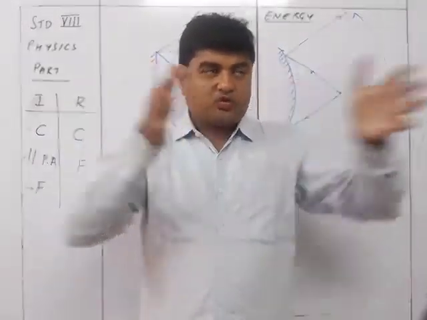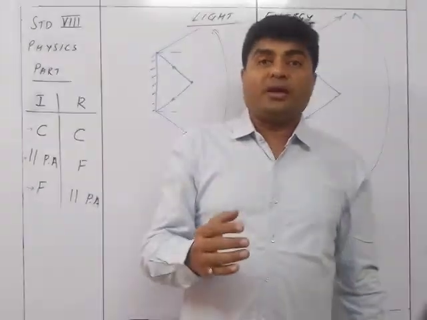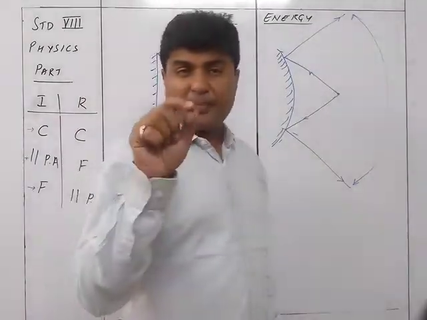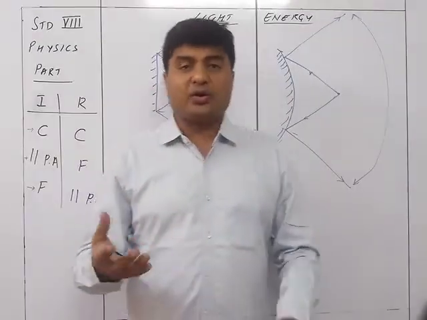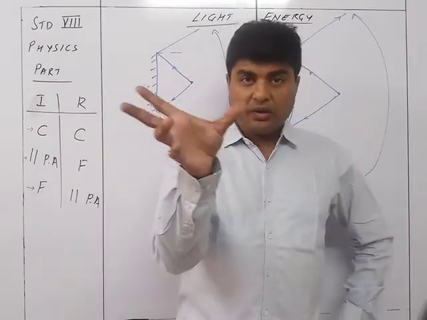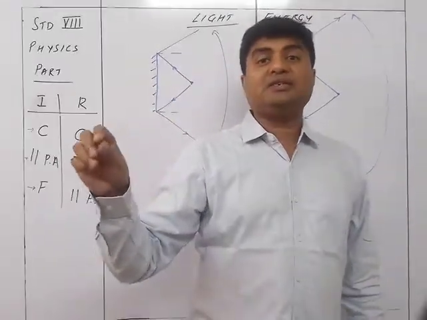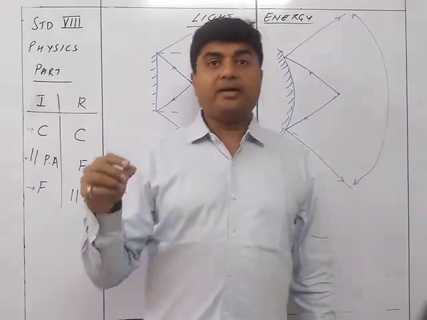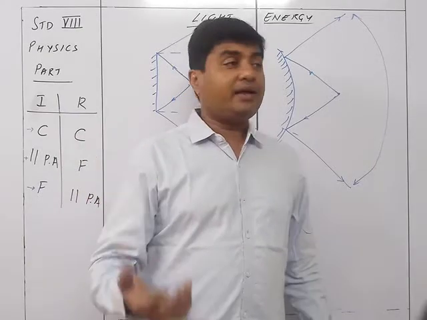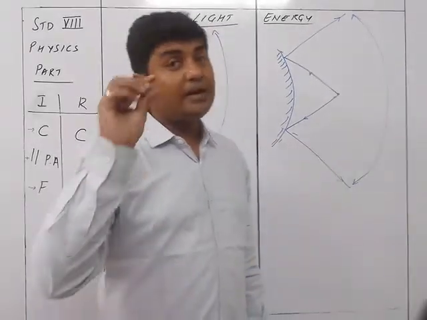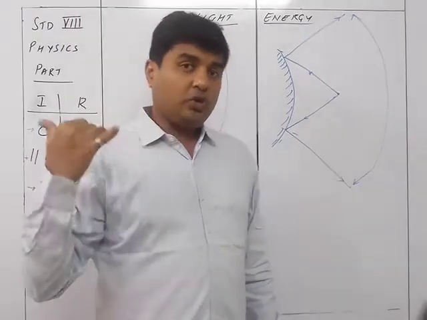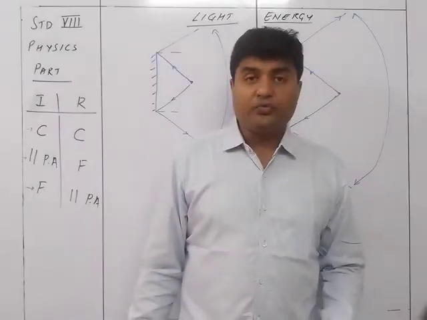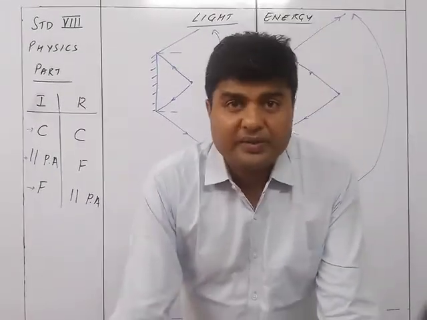You know, it will not be narrow, it will get a wider view. So a rear view mirror always gives you a wider view if the mirror is convex in nature. And that's why it is also written there, if you look at your car or your bike, you will find written on the side rear view mirror that the image is nearer than whatever is actually seen in the mirror. This is because we know that the image formed in a convex mirror is going to be diminished. So it looks small to us but is actually much bigger. Okay, so that's the thing, that we are getting a wider field of view in the case of the convex mirror than a plane mirror.